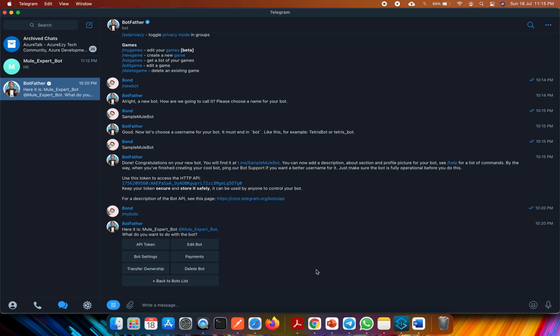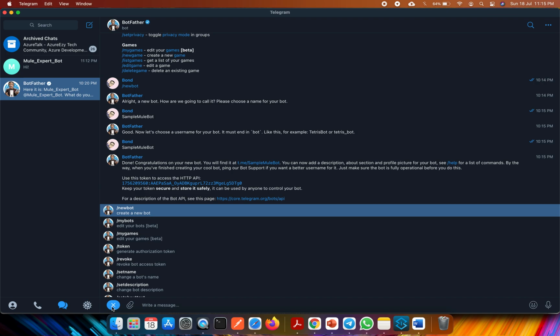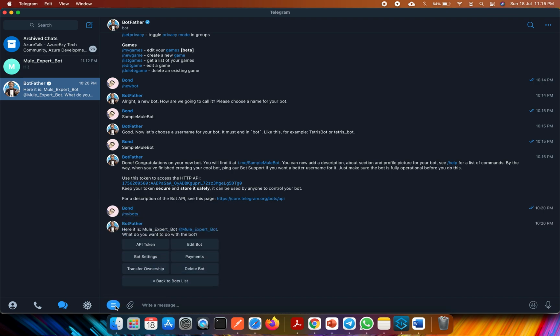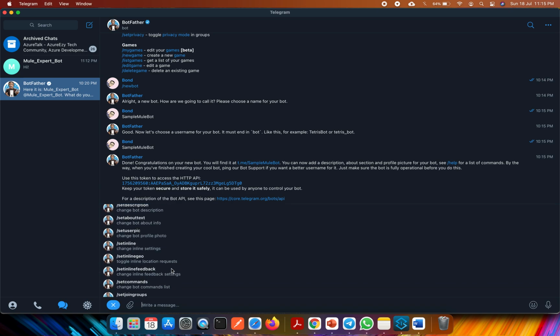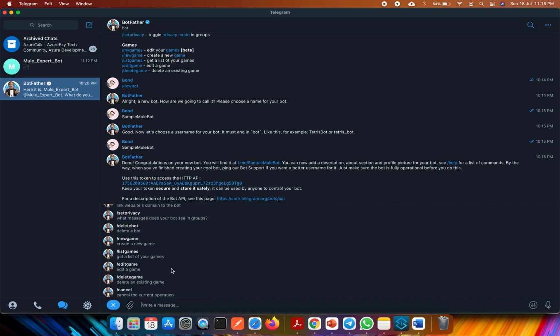Now in order to create any new bot, you have to search for certain commands. If you click on this button, it will give you different options. I'm just looking for the bot option. One second.